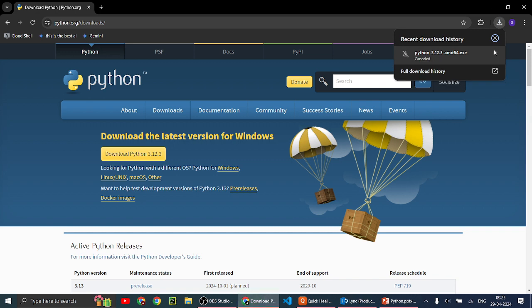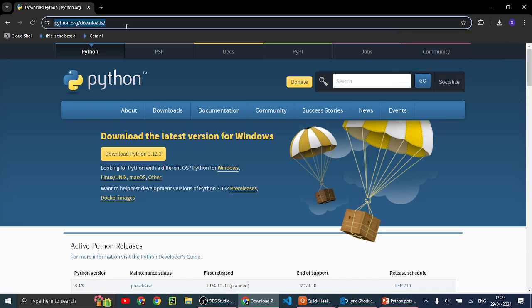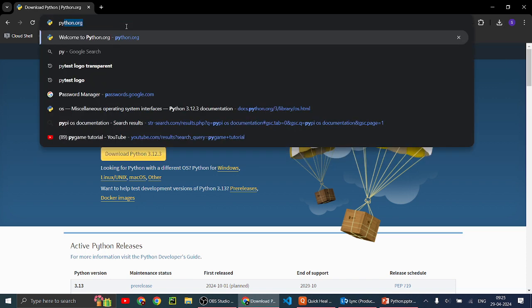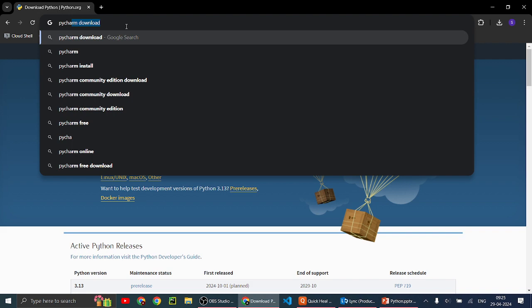I will cancel it because I have already installed Python earlier. After installing Python, just install PyCharm.